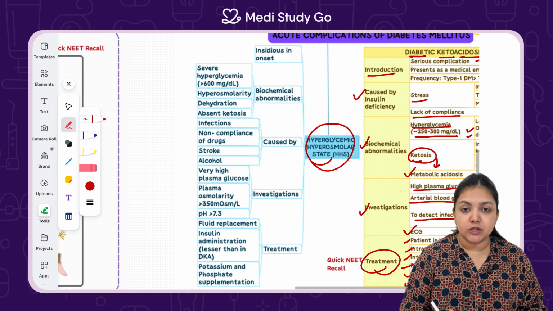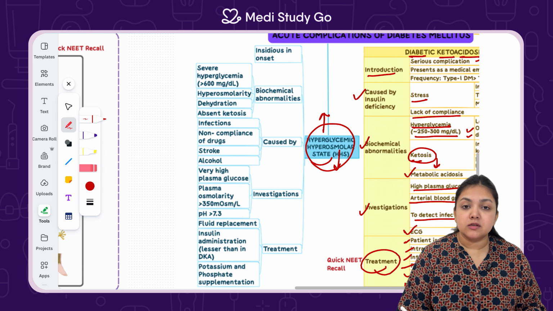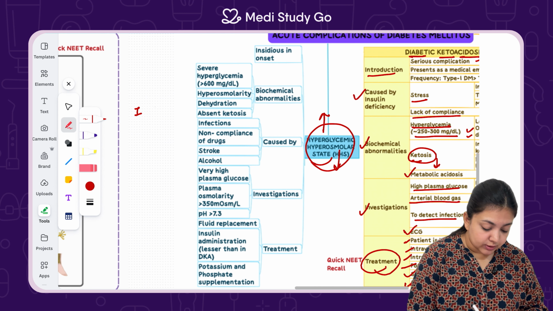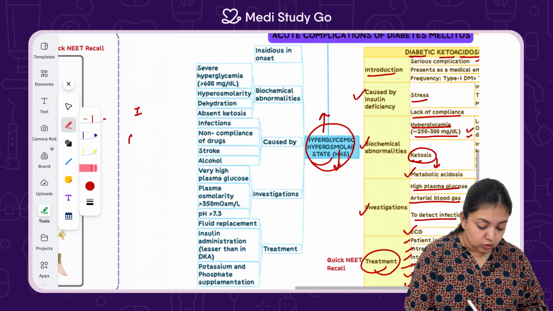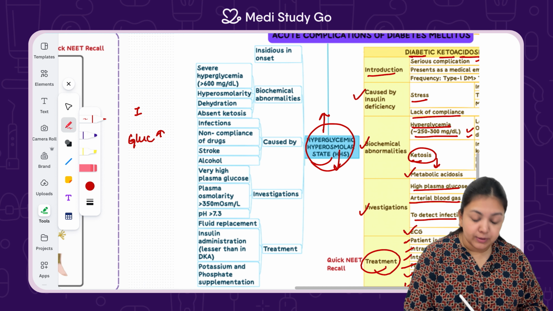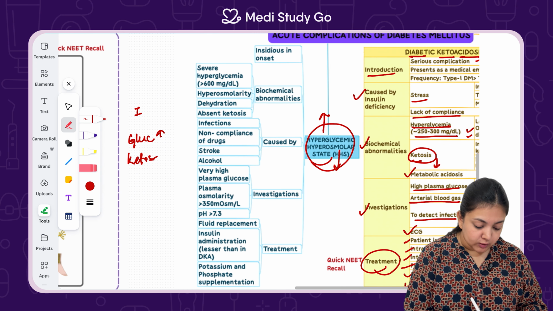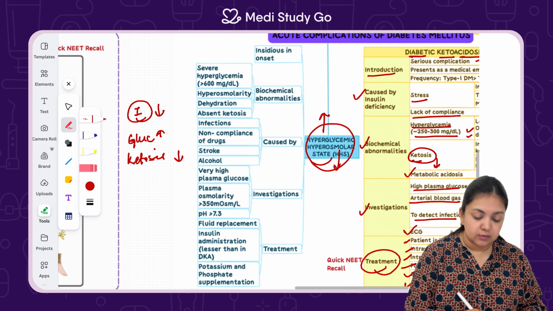Coming to the second complication, which is hyperglycemic hyperosmolar state. That means glucose is more, osmolarity is also more, meaning ions are more in the body. What happens over here is that insulin is present, but not as much as it should be. So the glucose level in the body is going to increase, but not so much that ketosis will be present. Ketosis will be present in less quantity over here, but insulin deficiency will be there,